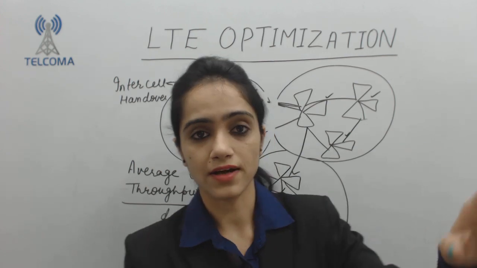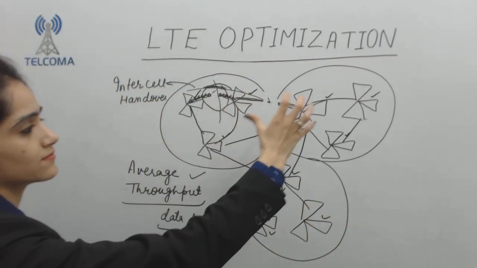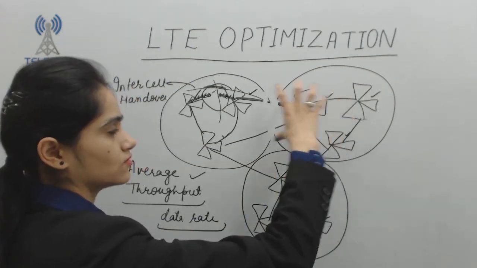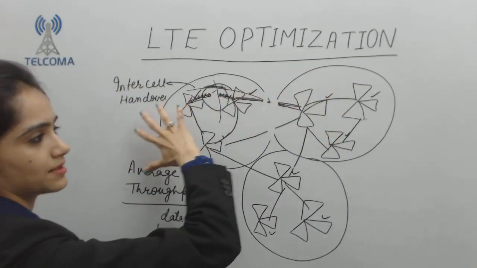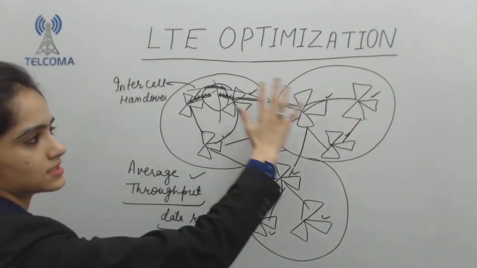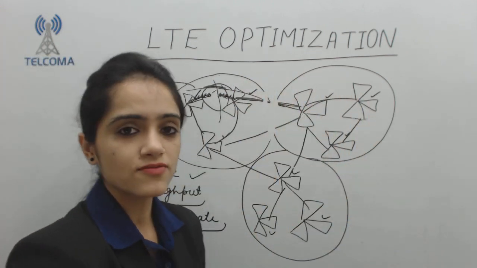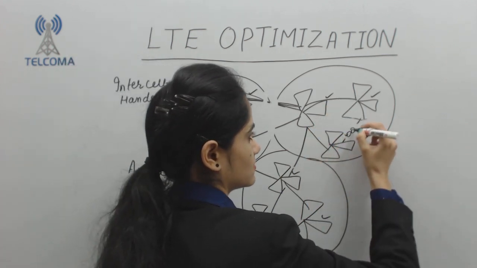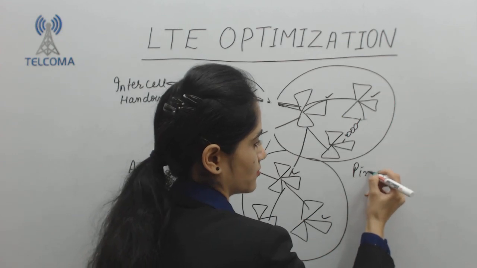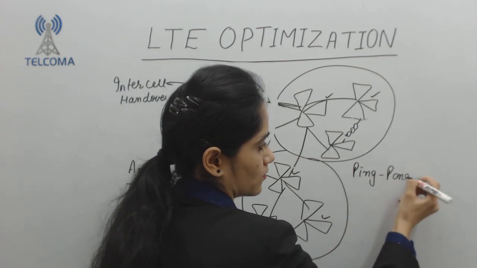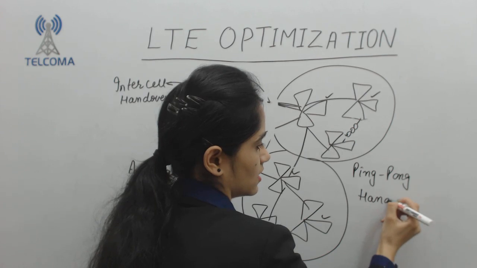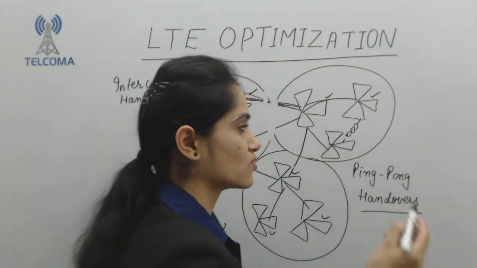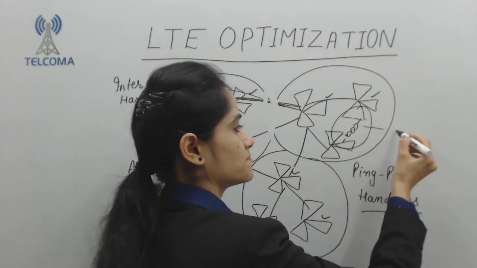And after a single cell function test, that means testing over a single cell, you test cluster 1 first, then move to cluster 2, then cluster 3. That means now you have covered each and every cluster. Sometimes we have a problem in handover, which we call the ping pong handover problem. Ping pong handovers are basically a handover related problem, and this area is called the ping pong zone.